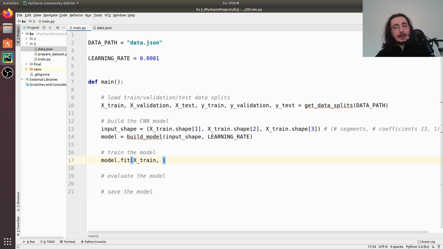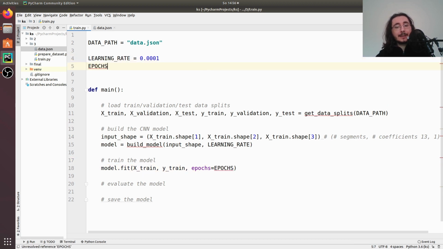So X train and Y train, so both the inputs and the outputs. Then we need to specify the number of epochs that we want our network to train for, and we'll set this equal to a constant called capital EPOCHS,